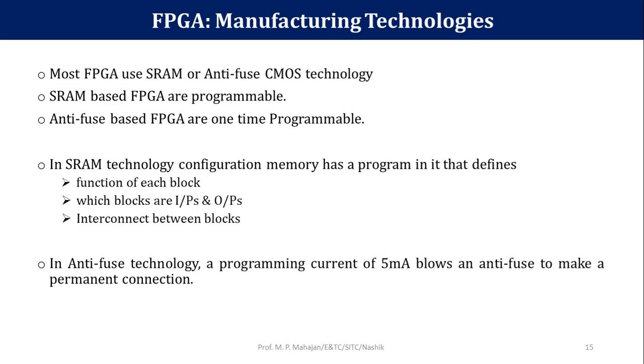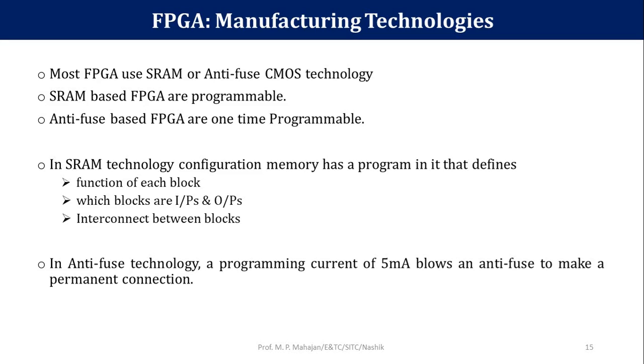What are the manufacturing technologies? Most FPGAs use the SRAM or anti-fuse CMOS technology. Means most of the FPGAs are manufactured by using the SRAM technology or anti-fuse technology. SRAM based FPGAs are reprogrammable, and anti-fuse based FPGAs are one-time programmable. In SRAM technology,